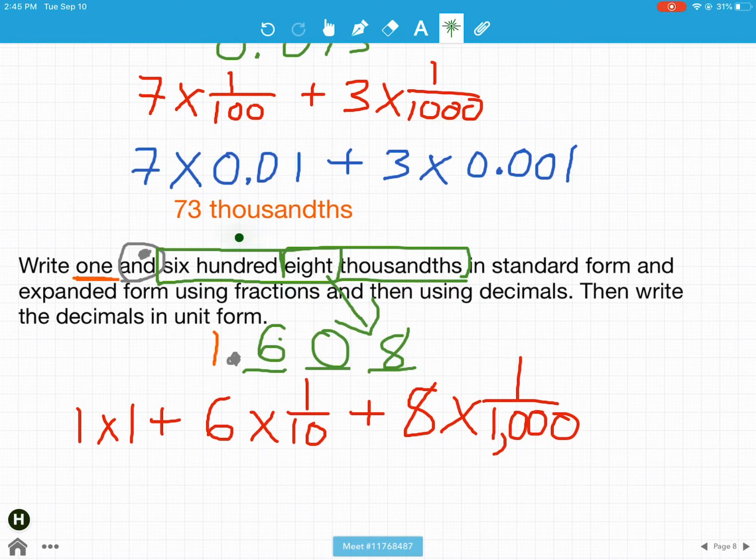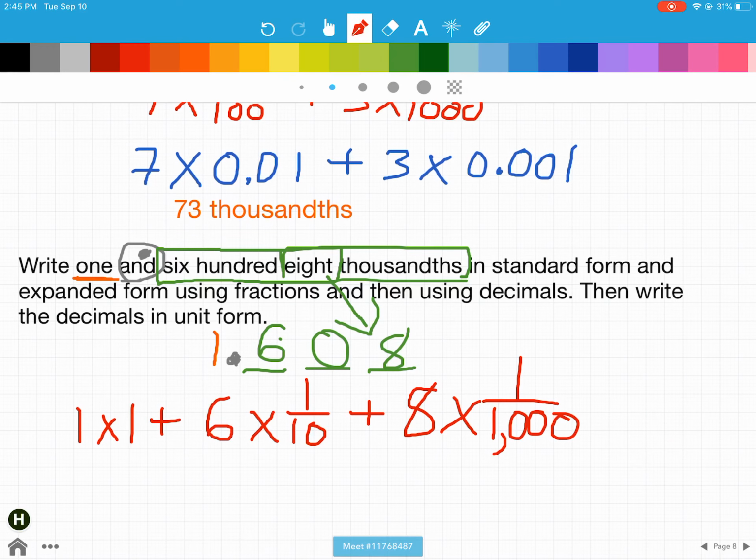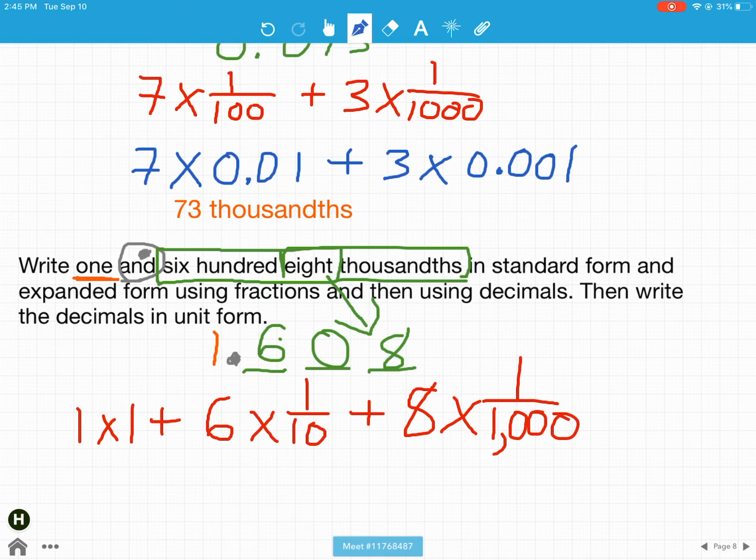You might be asking, where's that 100? There is nothing in between them. There's that 0. We don't need to worry about the 0. All right. So now, when we work on it in expanded form